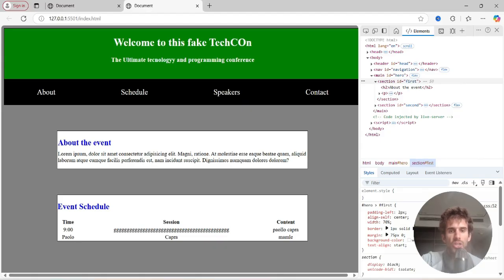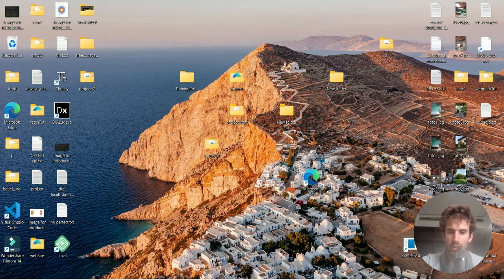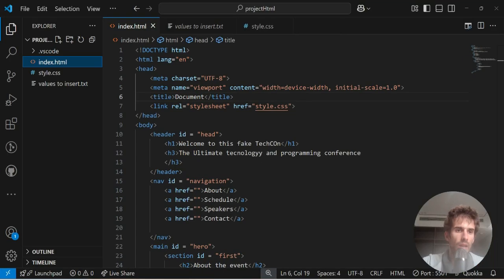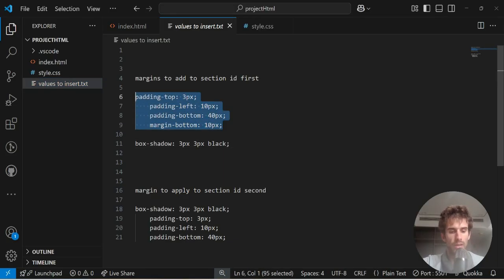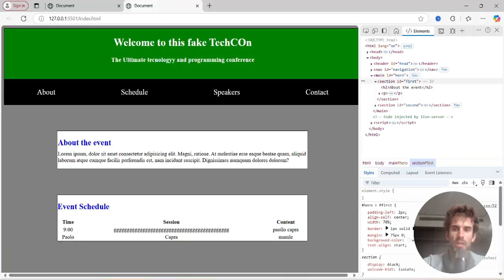Okay, so let's finish this video addressing the issues that we have found before. Let's start with the simple things. I already thought about the values for margin and padding for the two sections, because this is faster, otherwise we waste time. And I want to paste it inside the DOM, so we can visualize